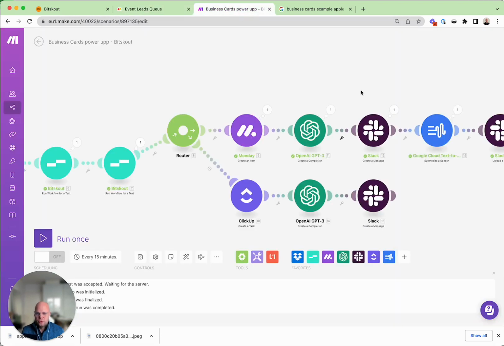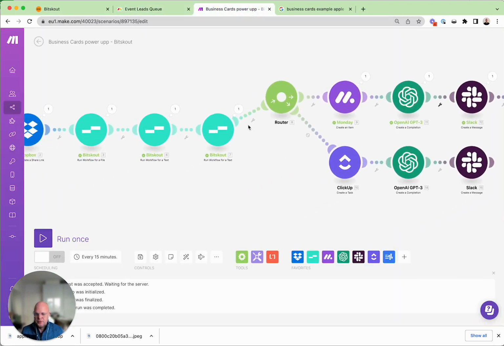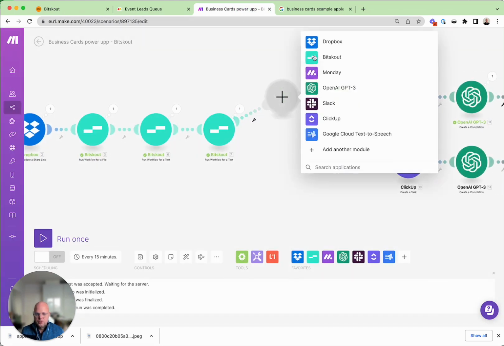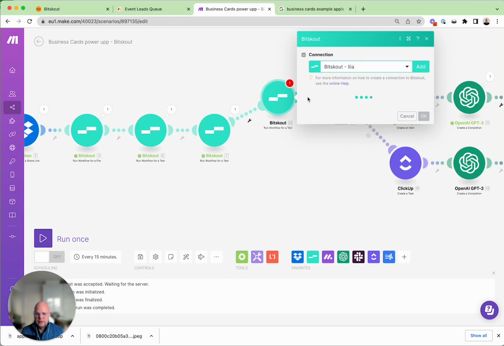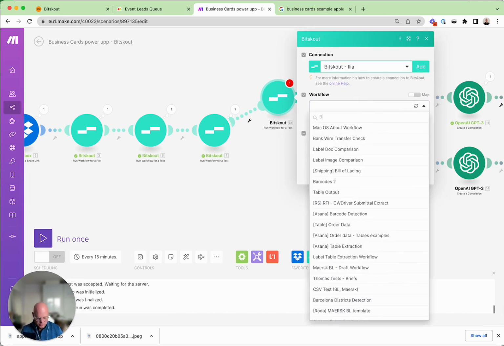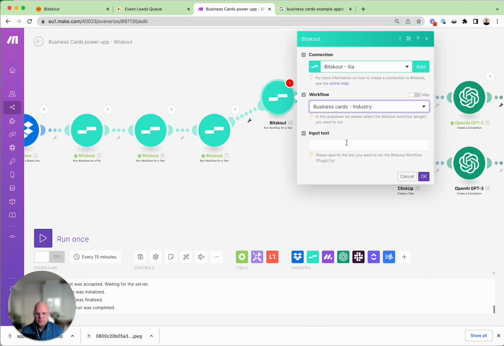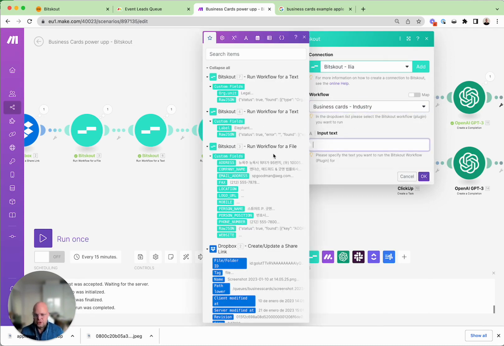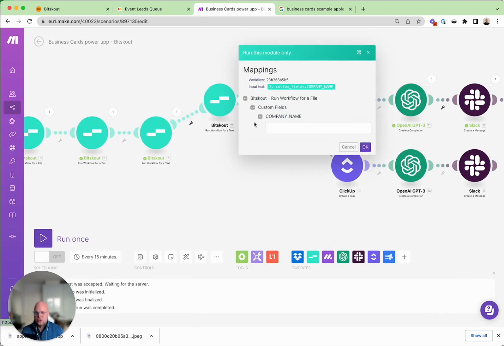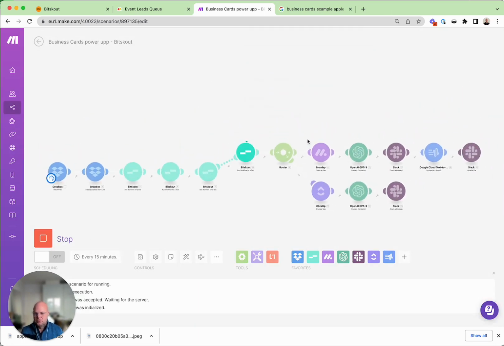Now we need to update our recipe, and we'll need to add another module from Bitskout, and here we'll analyze text. The workflow in this case will be industry, and the input text is the organization name. Okay, so here we have a company name, and that's it. Let's run it once so that Make picks up the label, because Make upfront doesn't know what Bitskout will return.